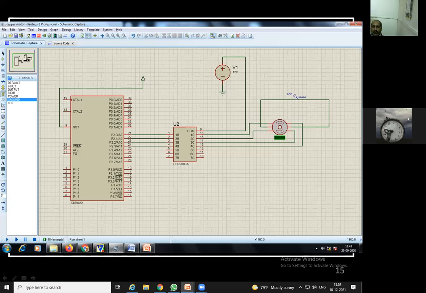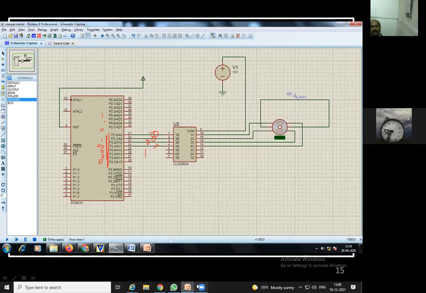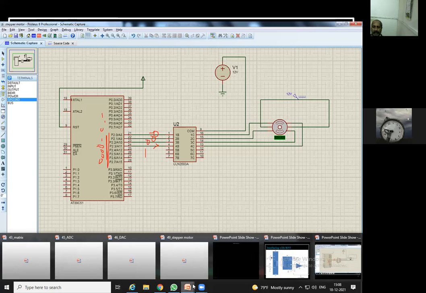So port 2 08 means 0000 and 8 means 1000, meaning only for this particular pin it is given 1, and all others are 0, like this, because 8 pins are here. Give 0000, and after that 1000, like that. So it is going to be connected over here for this driving. Why it is done that way, you can go through the code, and at that time you will come to know the pin numbers, so accordingly it is going to work in this manner.